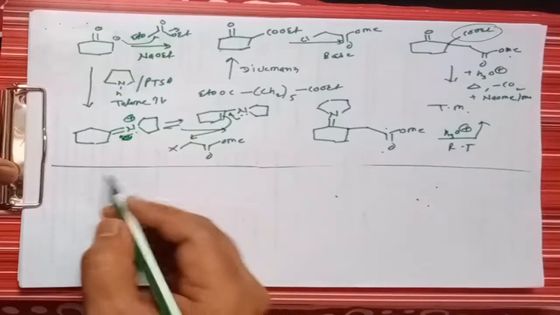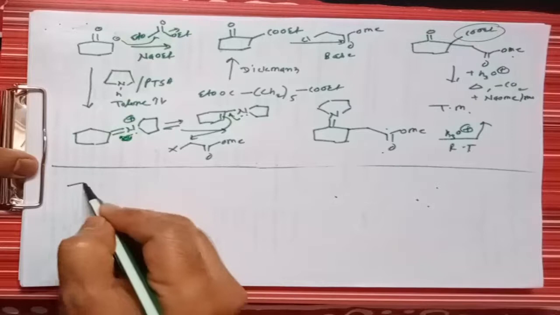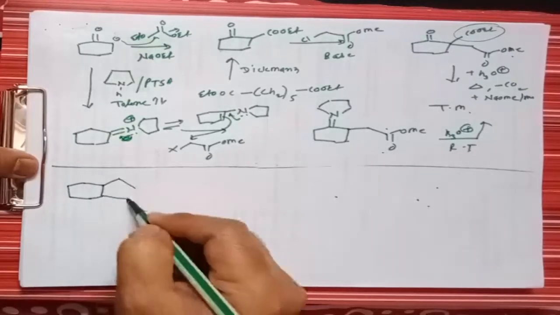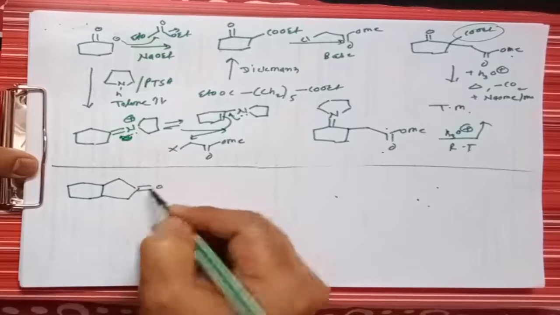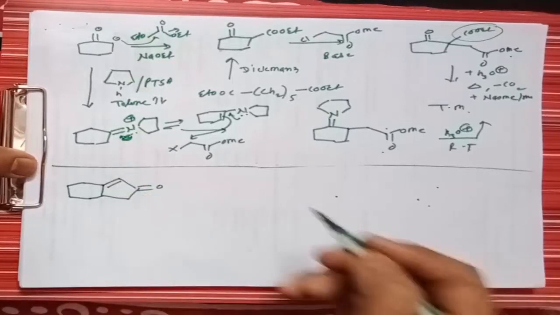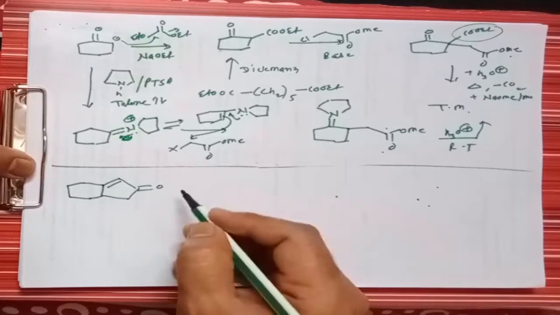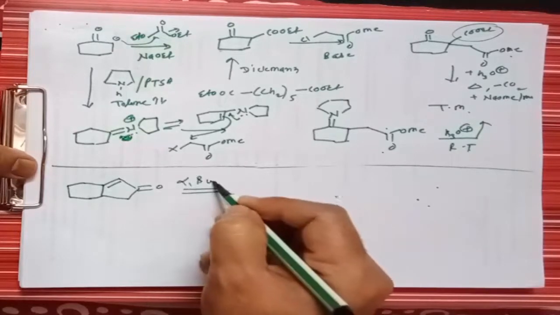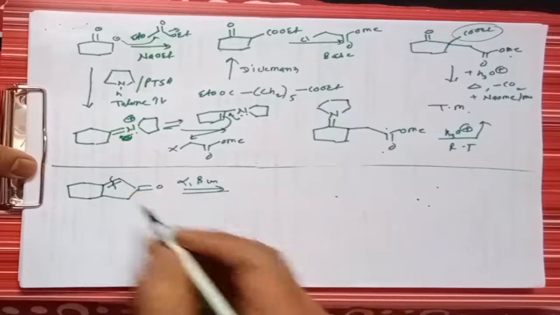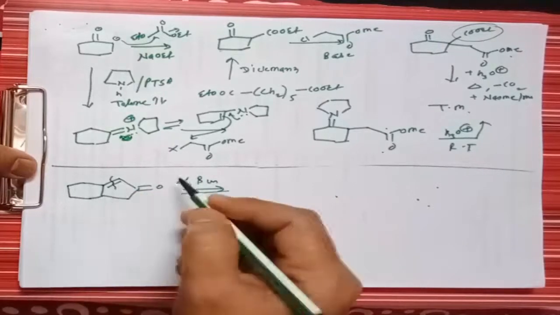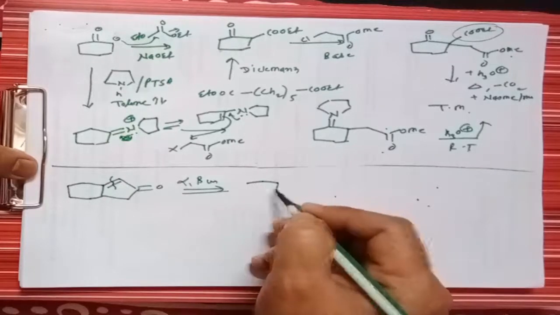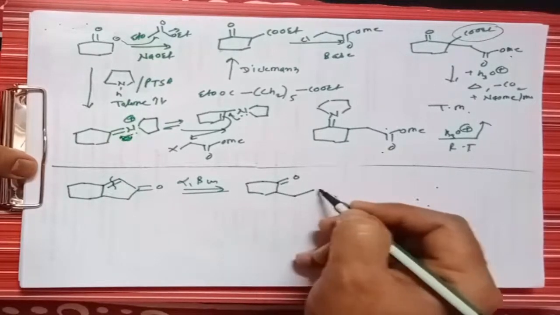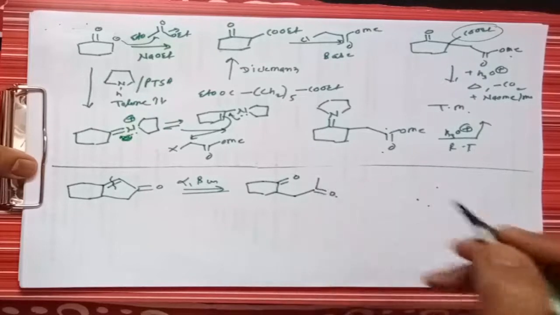Let us take another target molecule. Suppose there is this type of molecule which contains a cyclic system and has an alpha,beta-unsaturated carbonyl compound. We know that for an alpha,beta-unsaturated carbonyl compound, we can break the bond at this position. From one side it takes the carbonyl compound, from the other side it can take a negative charge, so it gives this type of carbonyl compound, and from the other side it can use a carbonyl, that is a methyl group.